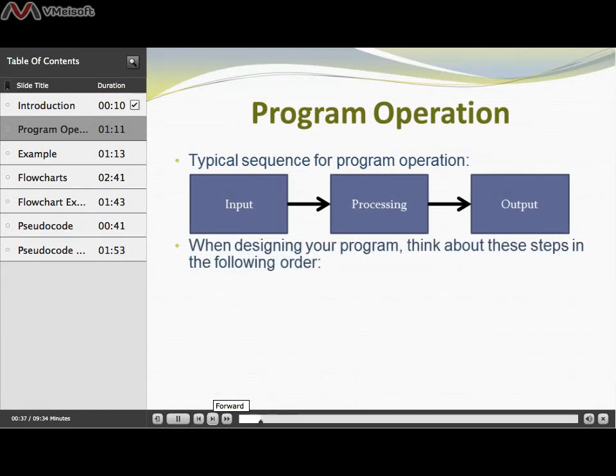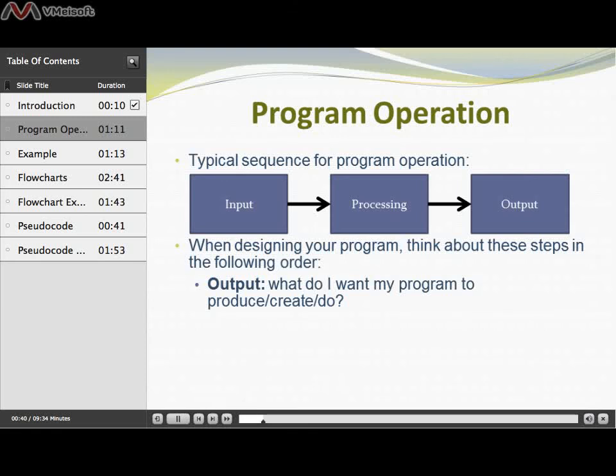So the first thing you'll want to think about is the output. What ultimately do you want your program to do? Does it need to perform a computation and give you a value? Does it need to create a graph? Right? Does it need to do some type of simulation? Okay, so you want to understand what it is that you're trying to get out of the operation of your